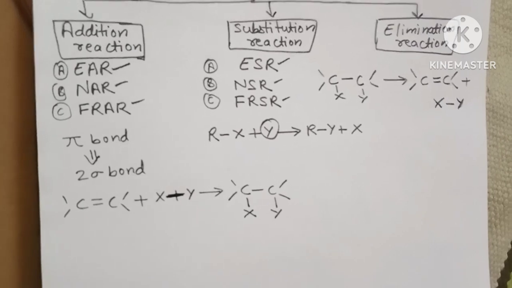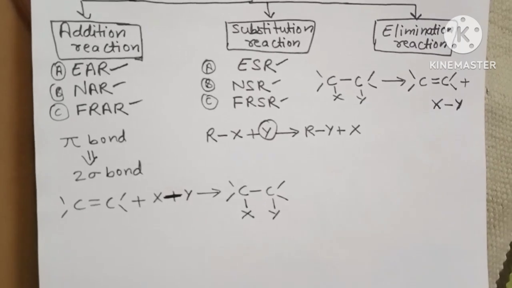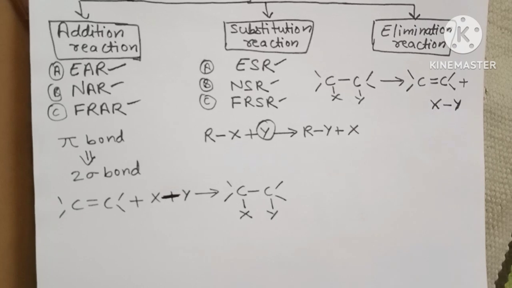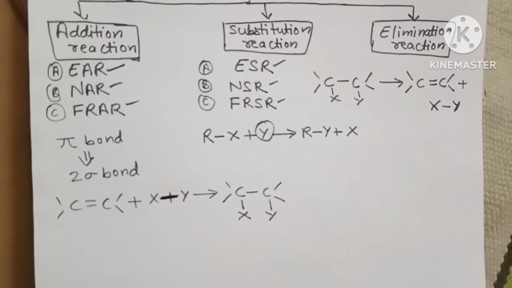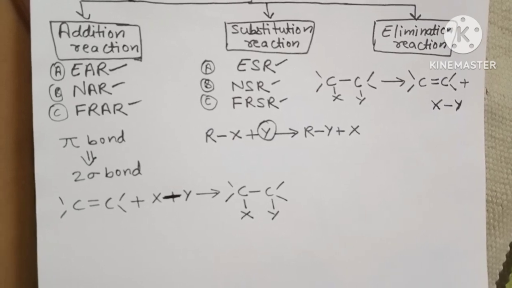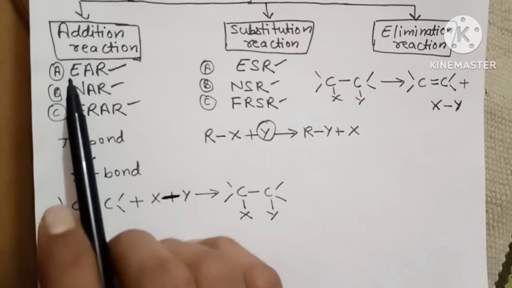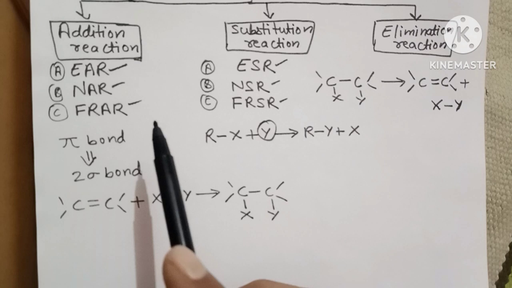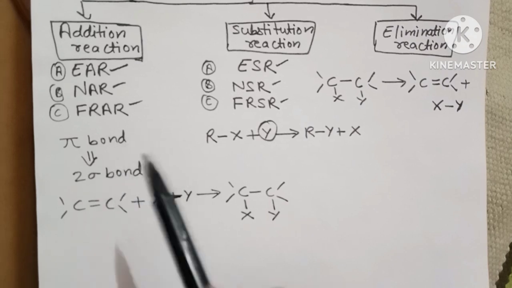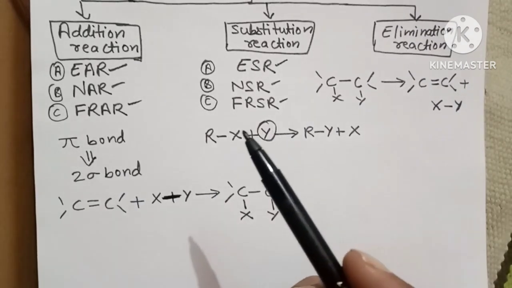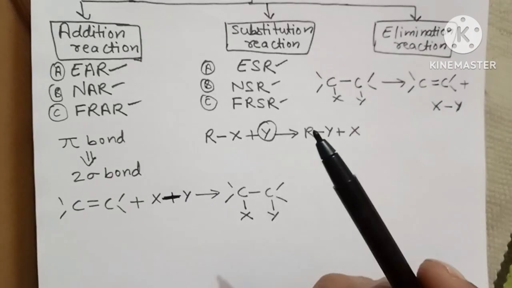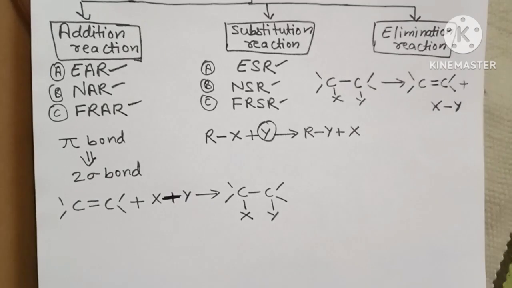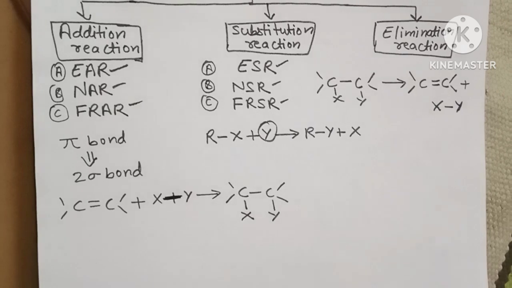Now we have to deal with the different reactions throughout the entire chemistry. In order to understand things, we must first understand what an electrophile and a nucleophile are, what free radicals are, and how these reactions take place. And before going on to that,